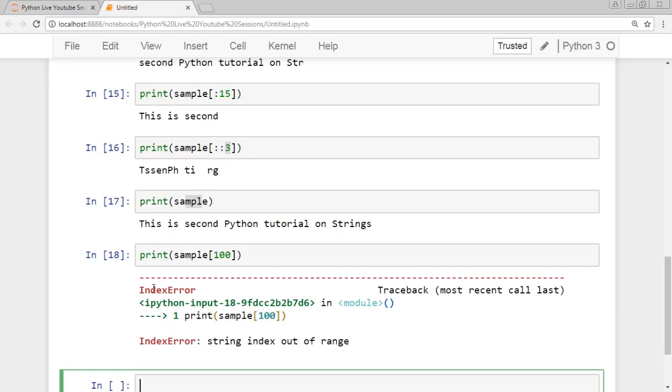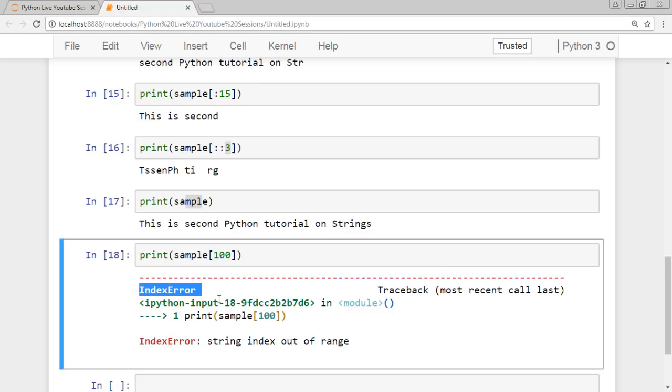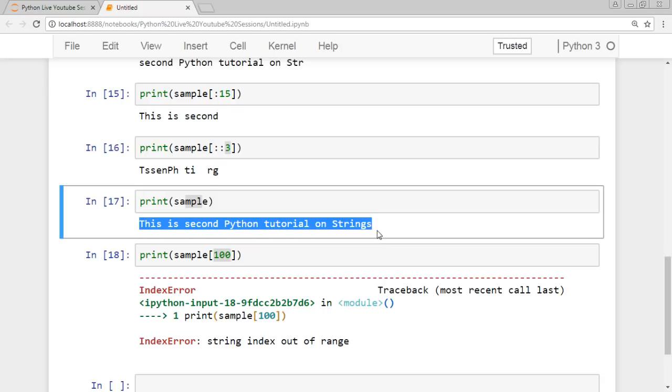Python errors are very descriptive on their own. You can look at the error and figure out what is wrong with your code. It clearly says index error. That means there's something wrong with the index you are trying to access in the string. If you index out of the string, it is index out of range, as we are not accessing an index that is within the range of the string. All right,